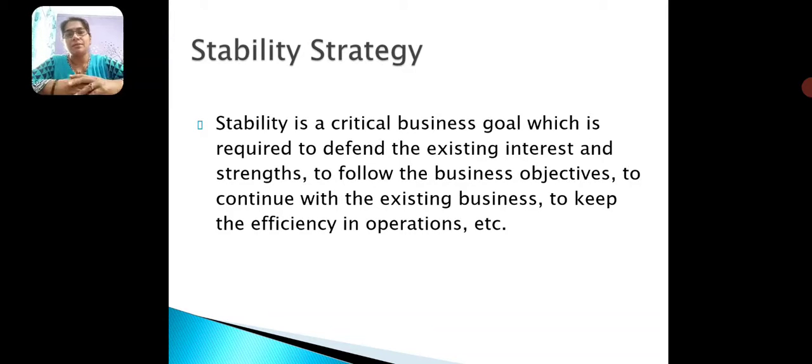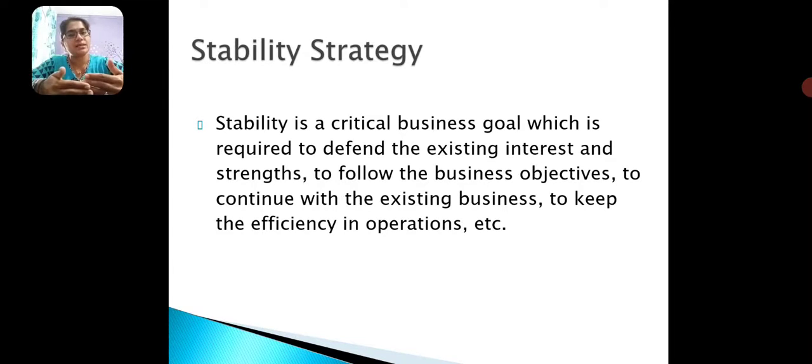That is stability strategy. I think I gave the example of cigarette companies or alcohol, or maybe even Parle-G biscuits. They are having a stability strategy because they are not changing. It's just the same product and same service, same way of doing things. They are not changing anything. That is stability. Of course, it has its own advantages and limitations.